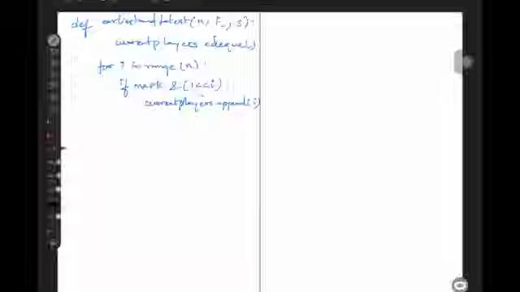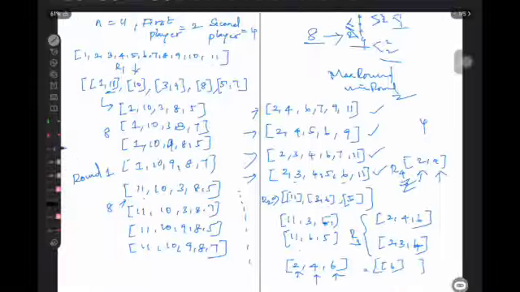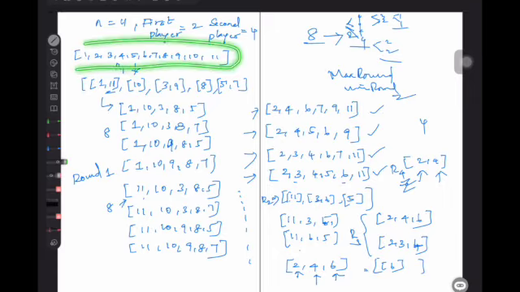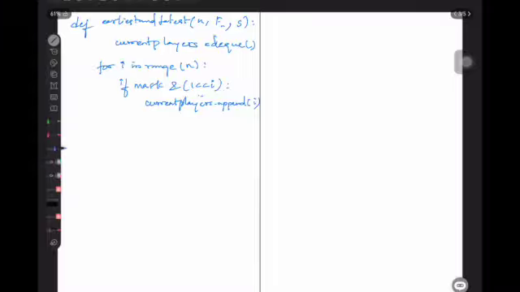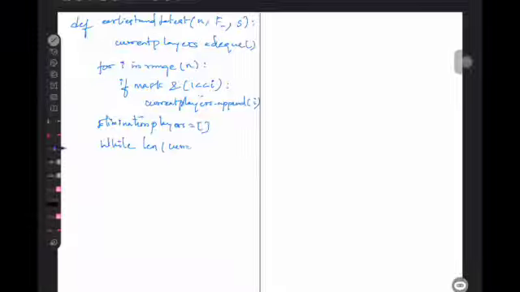Fine. Now after we get the current players, we will be finding the elimination array, right? So let's have elimination players equals an empty array. While the length of the current players is greater than 1, because at least 2 players we need, right?